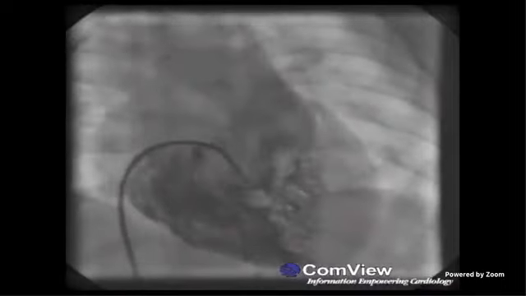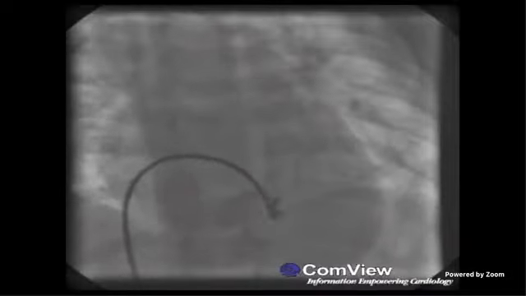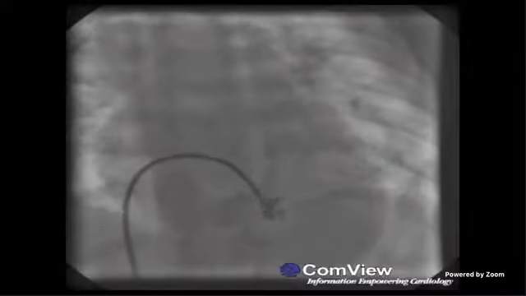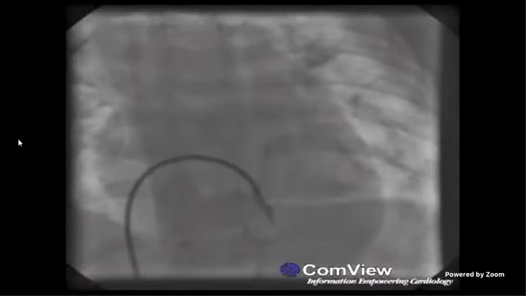This is the ventriculogram in AP view. The course of the catheter is from the IVC to RA to RV, most likely, and from RV to the aorta. I think this is truncus. Yeah, common. Correct. It looks like a common trunk, and the PA trunk is filling.